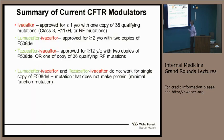So to summarize the three current medications that are available, we have Ivacaftor for 1 year old and over that have one of the 38 responsive mutations. We have Lumacaftor, Ivacaftor for 2 years old and over for homozygous Delta 508 mutation. We have Tezacaftor, Ivacaftor for 12-year-old and over who are homozygous for Delta 508 or heterozygous for Delta 508 with a residual function mutation. Okay, so we have therapies that are being implemented in over 50% of patients